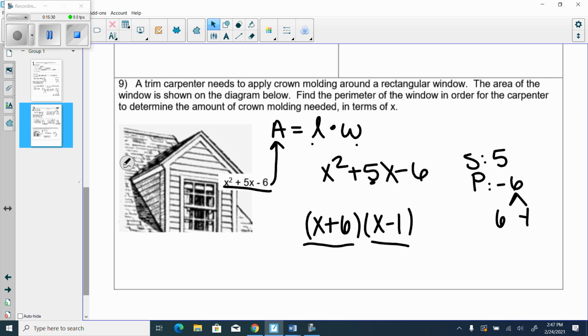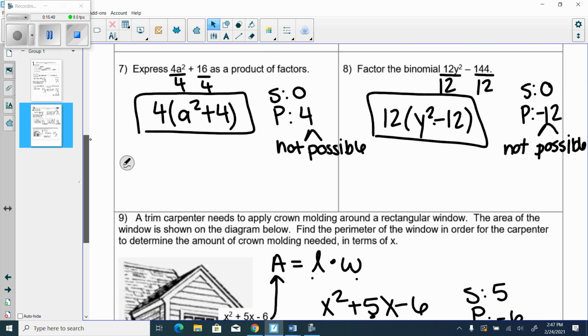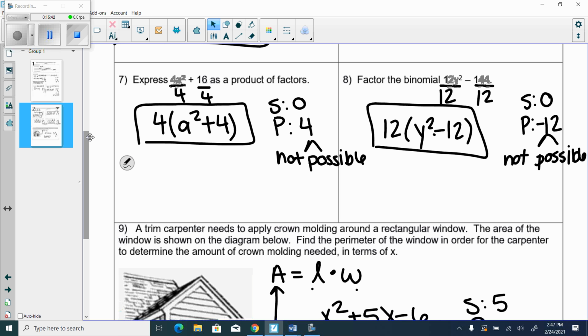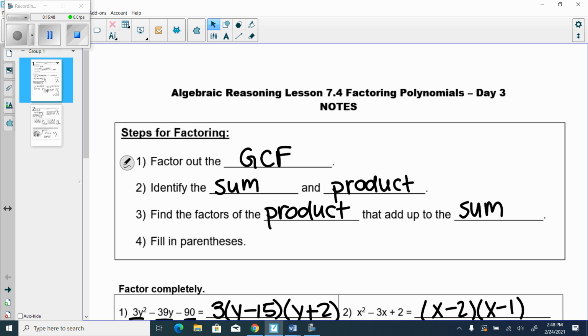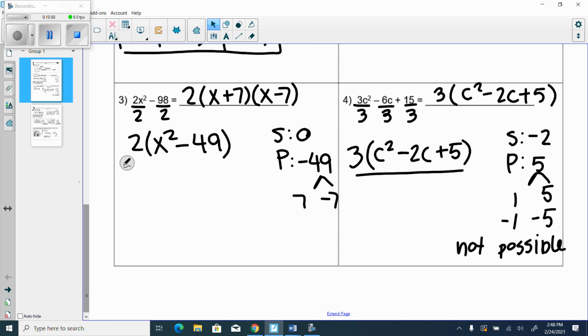Any questions? So, today there are some that do not factor. Something like this, it's definitely not. And if it's something like this, it doesn't have a perfect square root, so it will not. But we also had one on the front that was normal looking. It just so happened there's nothing that